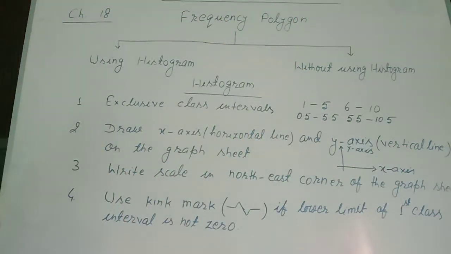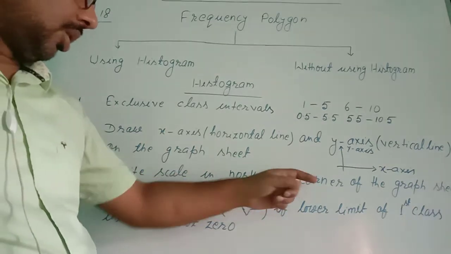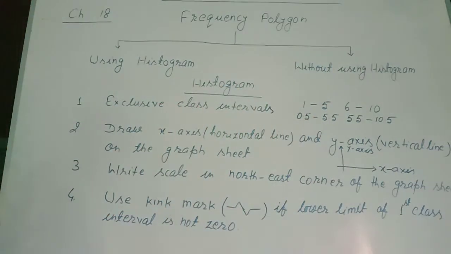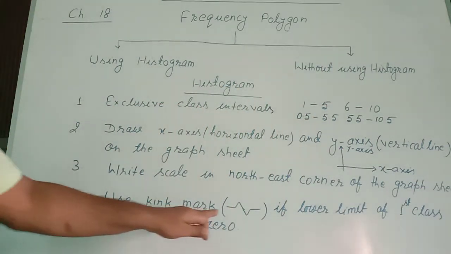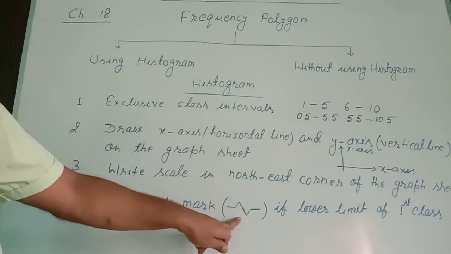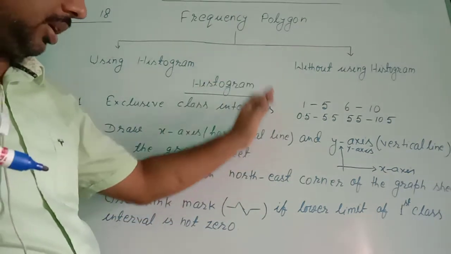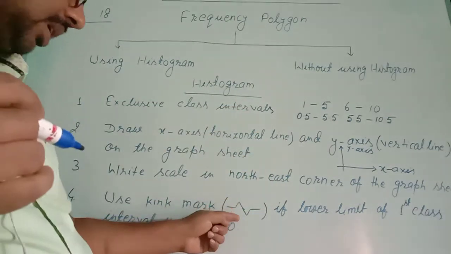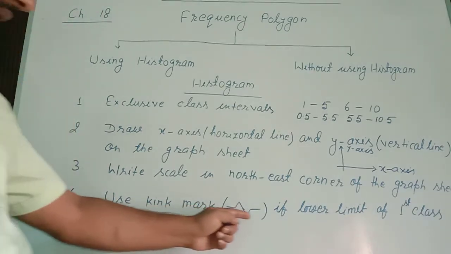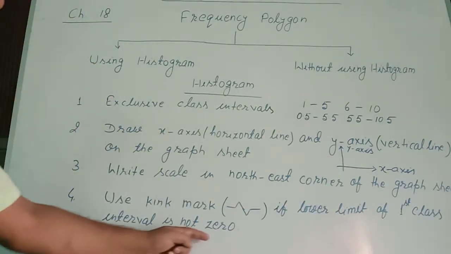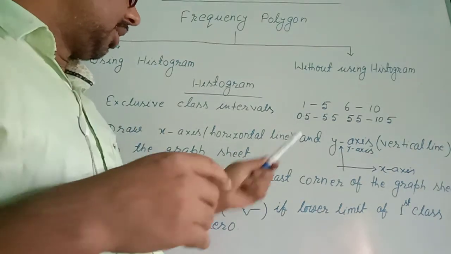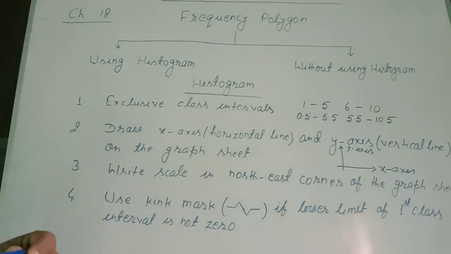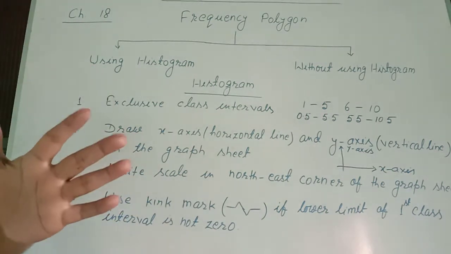And after that, write the scale in the northeast corner of the graph sheet. Here is the northeast corner. At this place we write the scale. Then use kink mark. If this is the symbol of kink mark, I will show you in the rough sketch of lines of axis how to use this mark. So use kink mark if the lower limit of the first class interval is not 0. If this is not starting from 0, the lower limit of the first class interval is not 0, then between 0 and the lower limit of the first class interval,